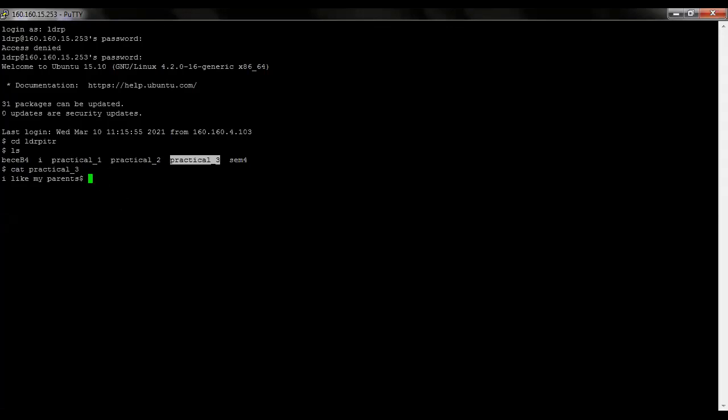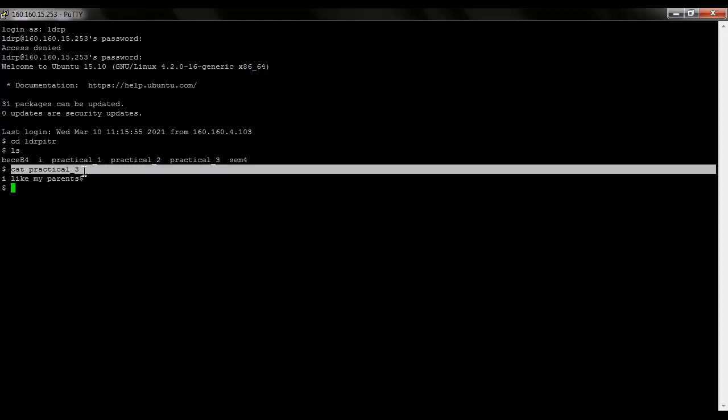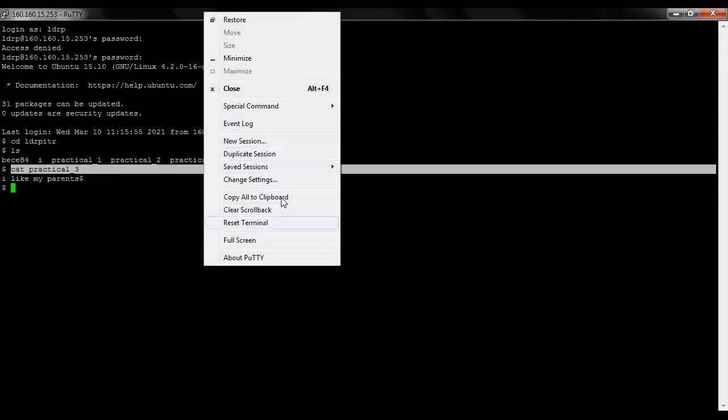So this is how we can create a file with the help of the touch command. Then we can also make a file with the help of the vi command. We can also create a file with the help of the cat command. The cat command is usually used to see the content of a file. See, this is what my content of a file is.